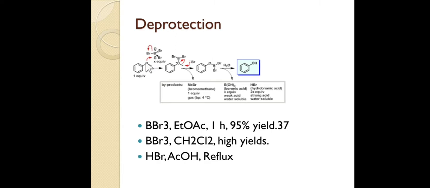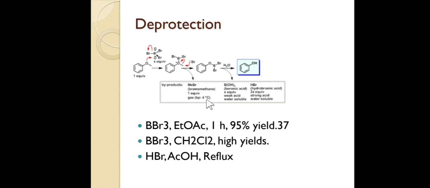We need harsher conditions for the deprotection of methyl ethers. So the oxygen will attack boron as it is electron deficient. There is a formation of OBBr2, and after the addition of water, this will form boronic acid, and we will get the free OH group, or phenol. We can convert the anisole to the phenol. This is how the BBr3 mechanism works. It is a simple mechanism, but in practice we need harsher conditions or more reflux time to get high yields.